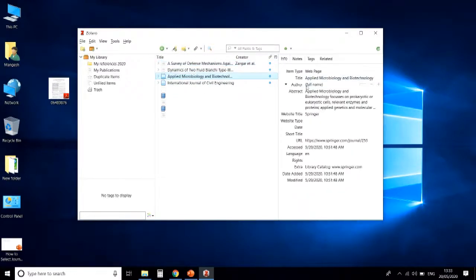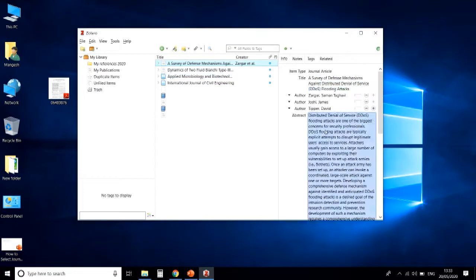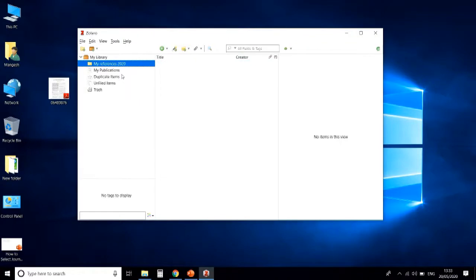Now here I have created one folder, my references 2020. This folder is blank now, so I can add all references of type book, book section, document, journal article, etc.